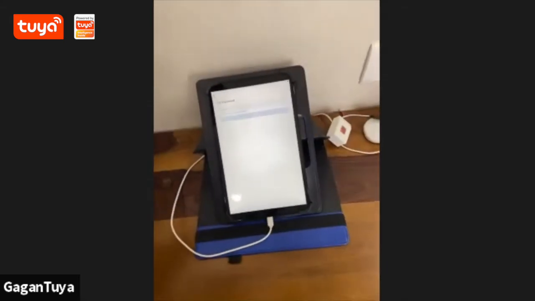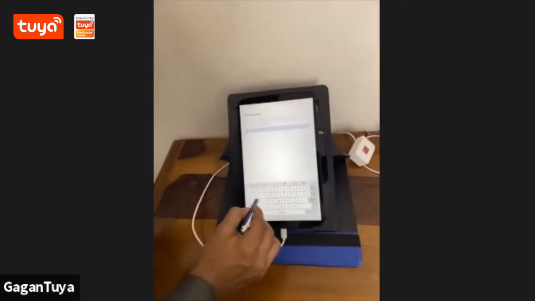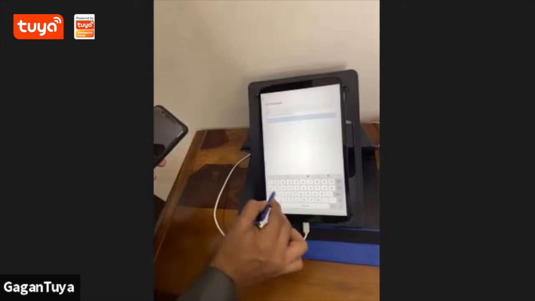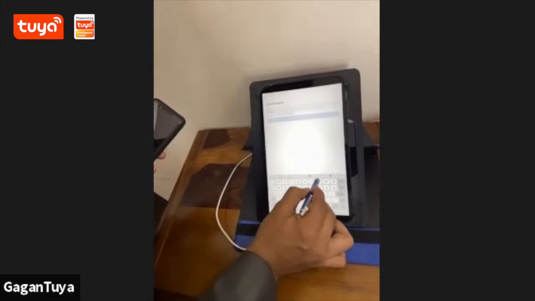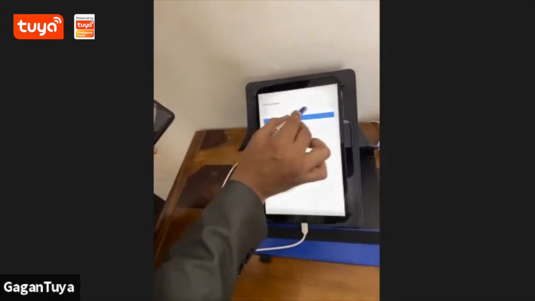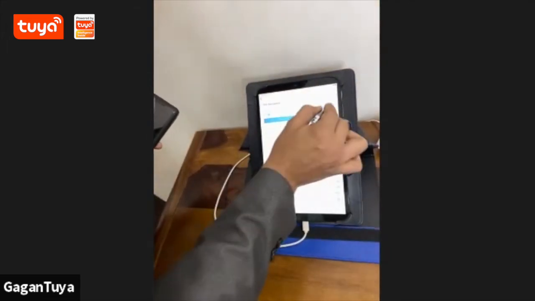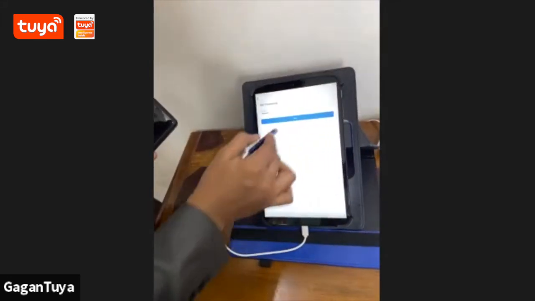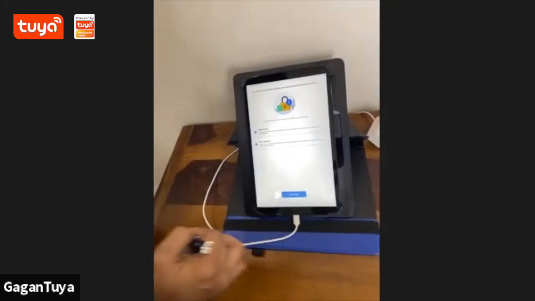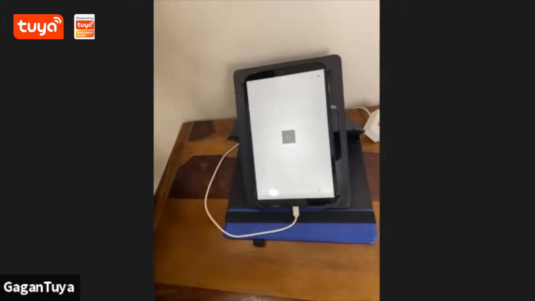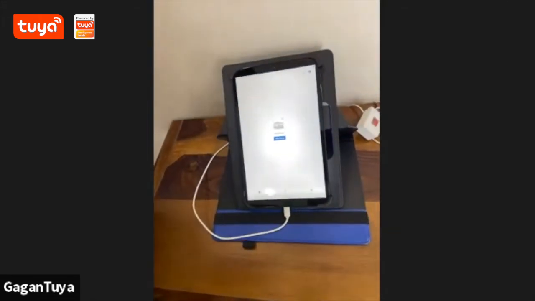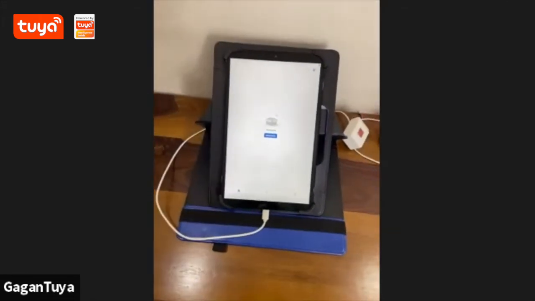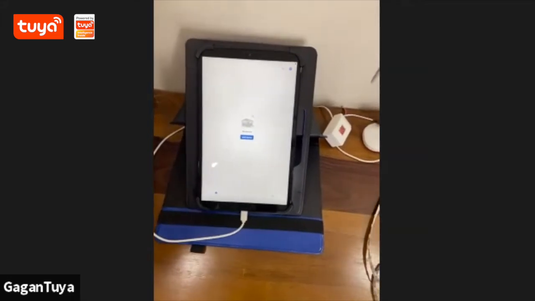After that, we have to set a password for our app. Done. Go to app. So it redirects to the home screen of the Smart Life app.